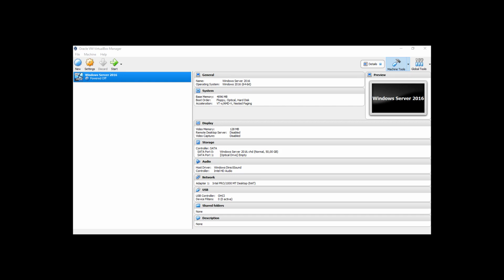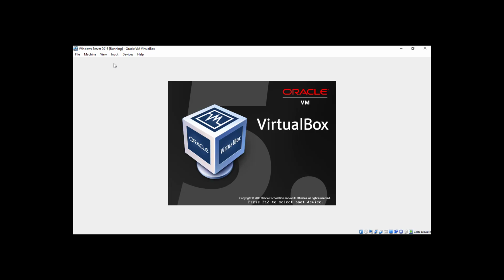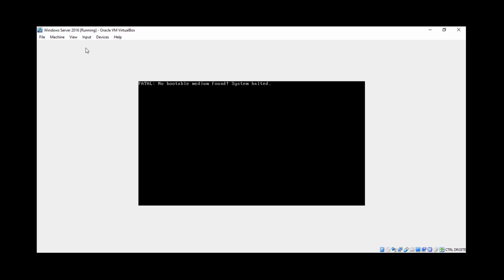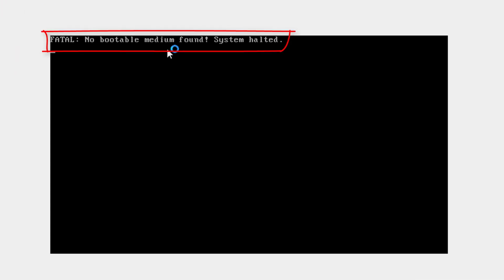In this lesson, we are going to install Windows Server 2016. The first step will be starting the virtual machine by selecting the virtual machine and clicking on the Start button. The VM will display an error message on the black screen, informing us that there is no bootable medium found,